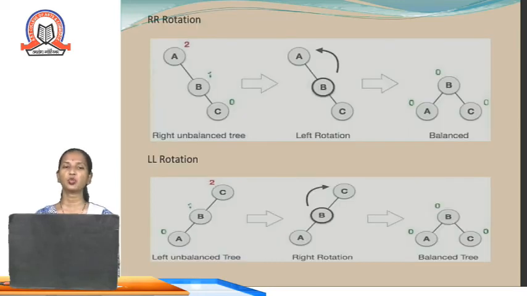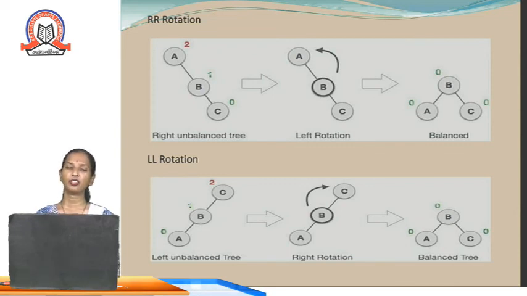Now these are the ways we are going to perform the rotations, starting with the RR rotation. So if we have three nodes, that is A, B and C, then the RR rotation says that we will first perform the left rotation, and then the node A is going to be considered as the left child of the tree, that is a balanced tree. So the nodes will be created as B, the root node, A the left node and C the right node.